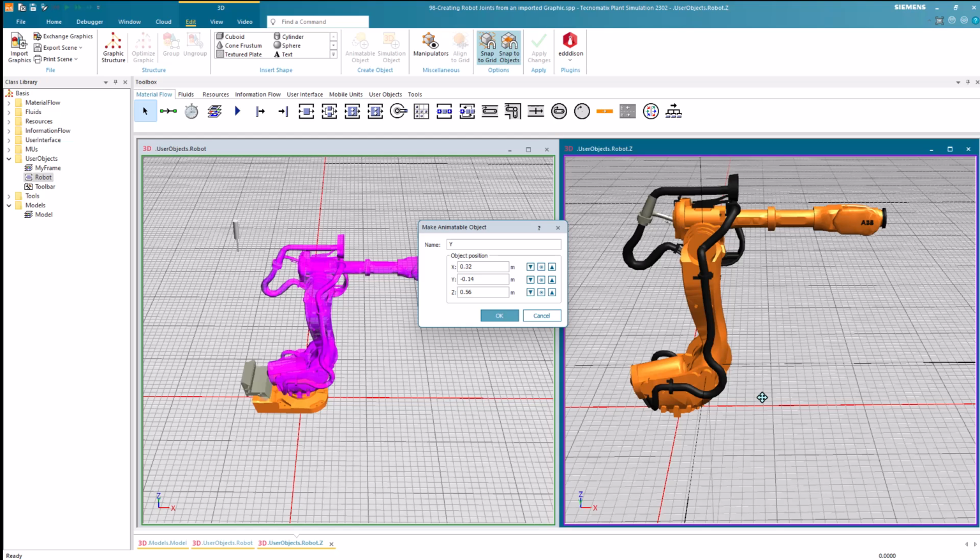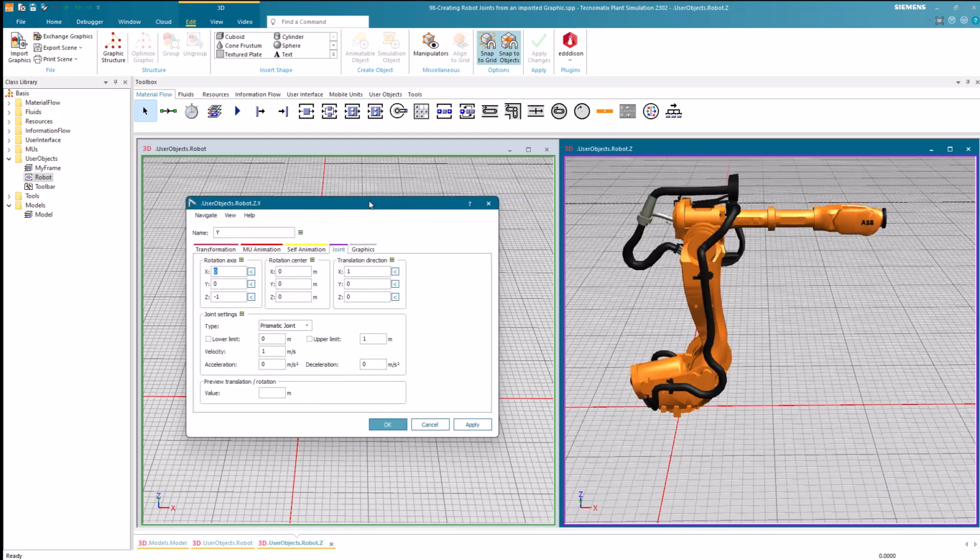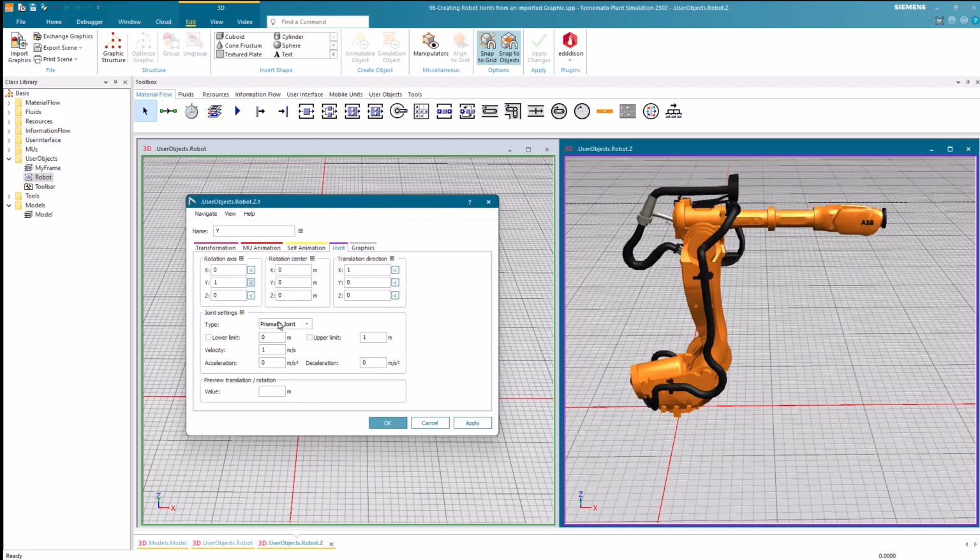In the upcoming dialog, we now need to set the rotation axis to y and the joint type to revolute joint. Then we again set the velocity to 10 degrees per second.